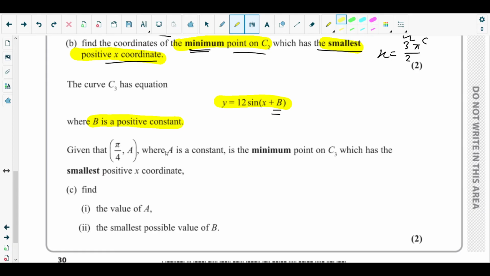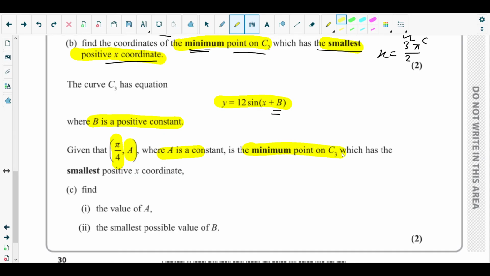Since b is positive along the horizontal axis, we know that always the opposite thing happens. Since b is positive, they are moving the graph in the negative x direction by b units. Fine. Okay, so given that at pi over 4 the x coordinate, and the y coordinate is a, where a is a constant, is the